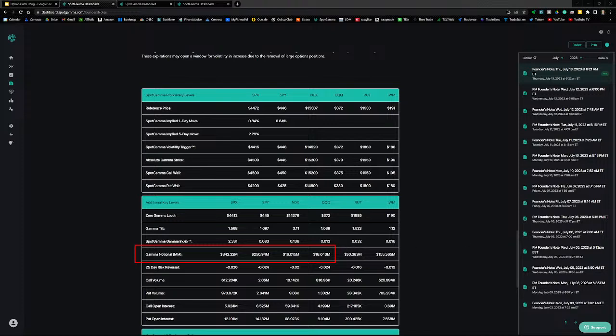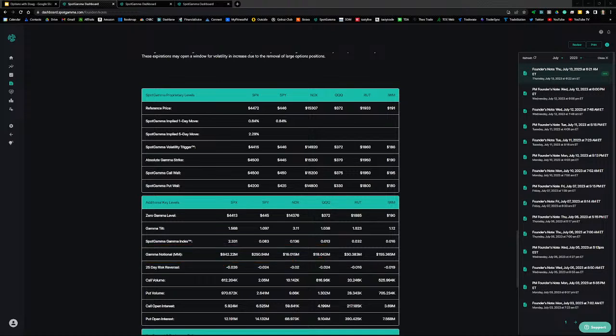I'm looking at gamma notional for SPX, SPY, NDX, and QQQ. And these numbers all shifted. Actually, they did not. SPX, NDX, and QQQ shifted higher, and SPY actually shifted a little bit lower, but still all positive. So market makers' position on the gamma curve for all these index products is positive, indicating they have to trade against price to hedge their delta exposure. That tends to subdue volatility and lead to more of a trading range day.